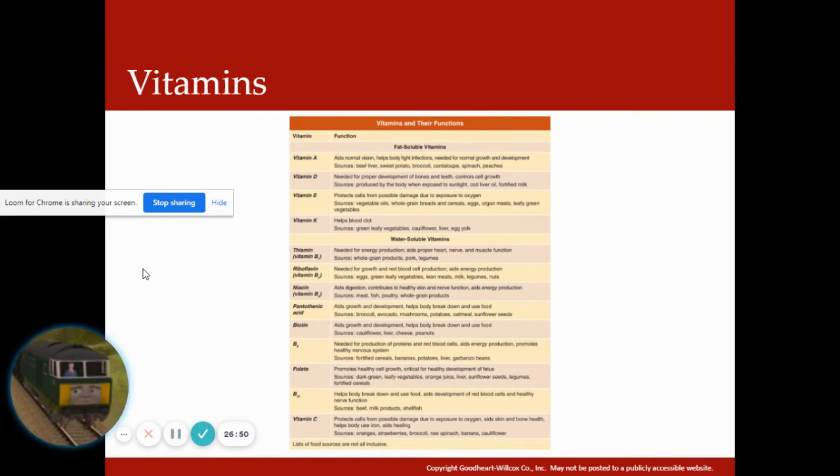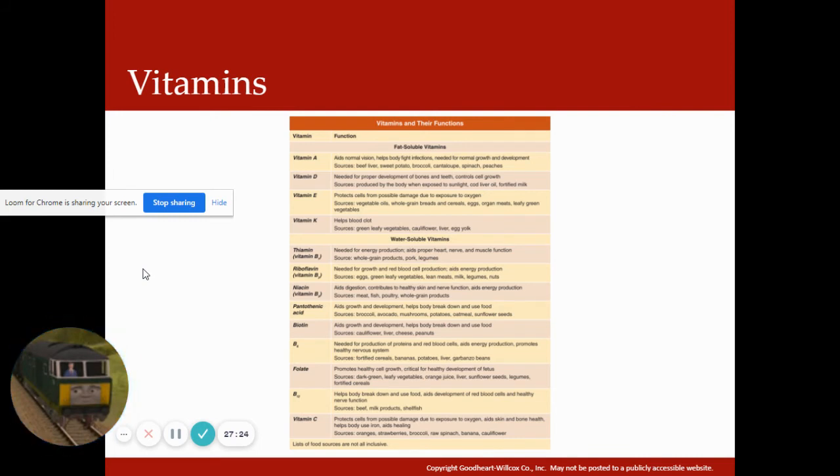Vitamins and their functions. Vitamin A aids normal vision, helps the body fight infections, and is needed for normal growth and development. Sources: beef liver, sweet potato, broccoli, cantaloupe, spinach, and peaches. Vitamin D is needed for proper development of bones and teeth and controls cell growth. Sources: produced by the body when exposed to sunlight, cod liver oil,